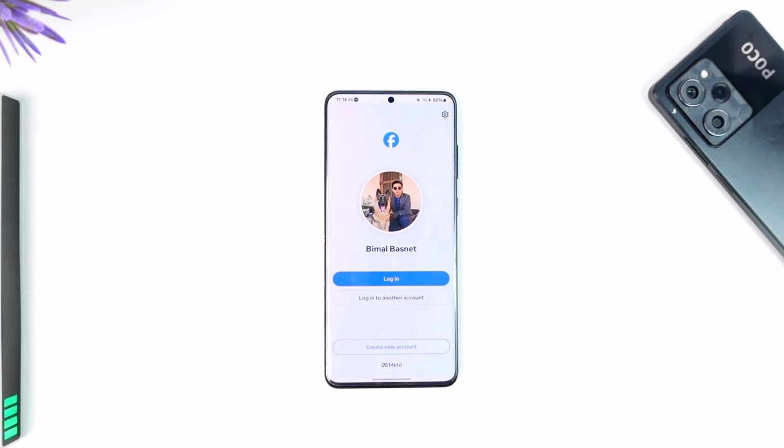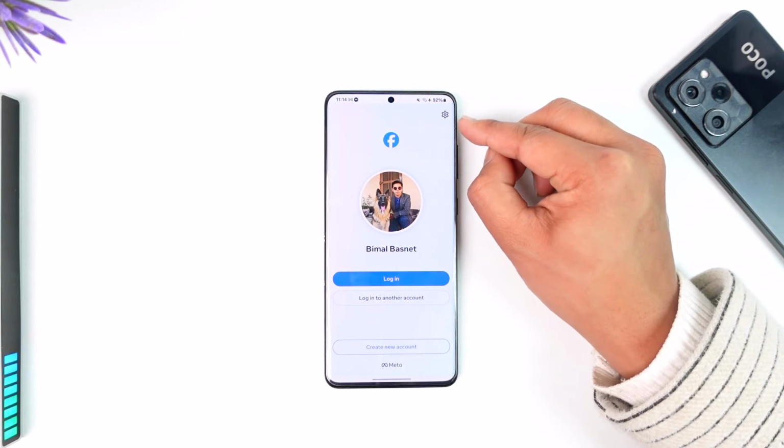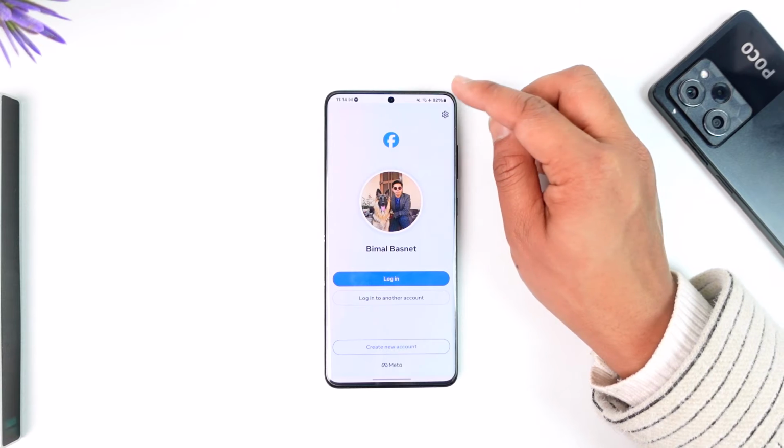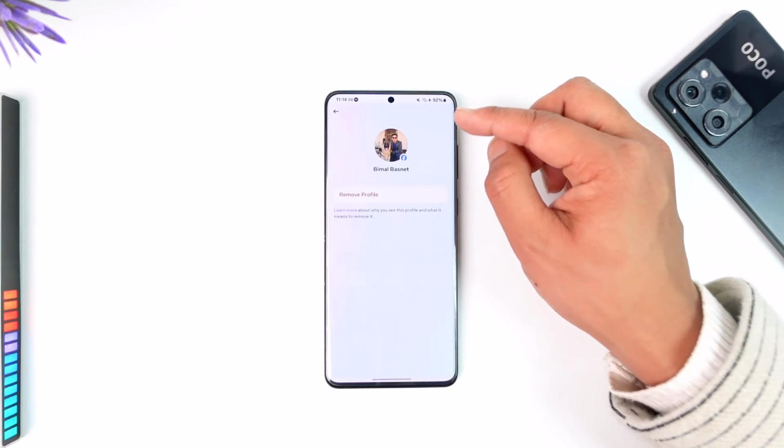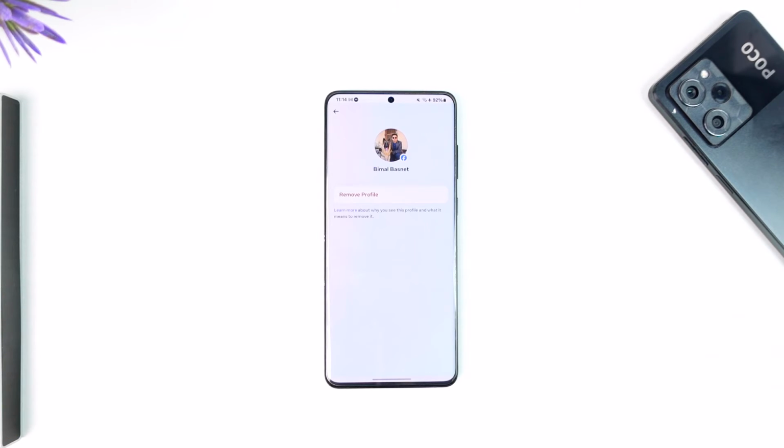Well, when you're on the login page, do not select any account to log in. Instead, look for the gear icon located at the top right hand side of the login page here and then tap on it. Then you will see a list of profiles. In my case, I only had one, so I'm seeing this option, but if you have many profiles, you'll find